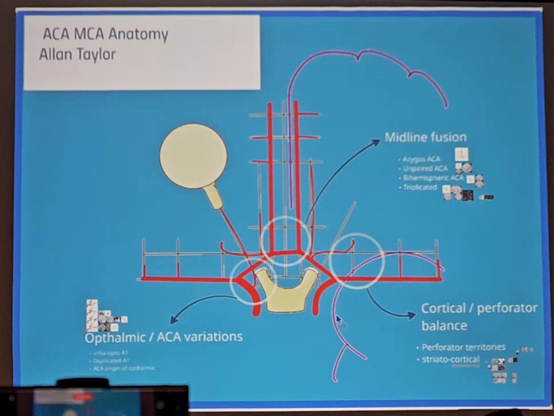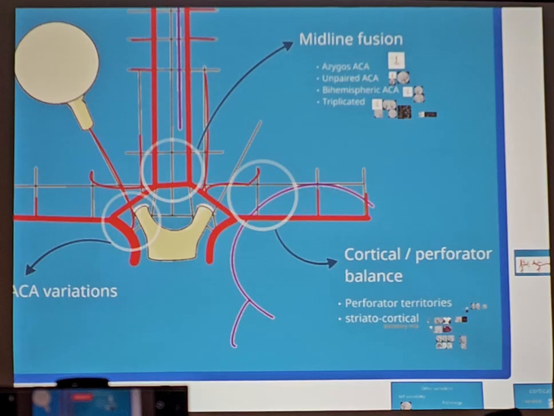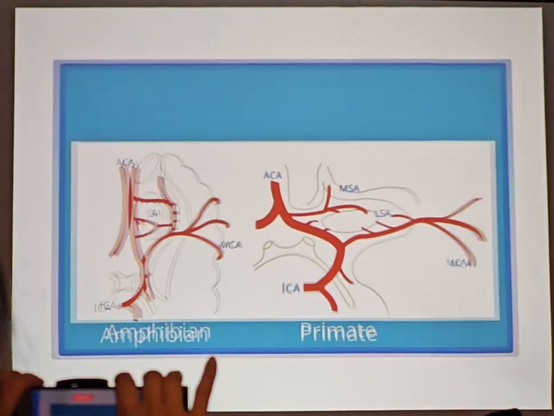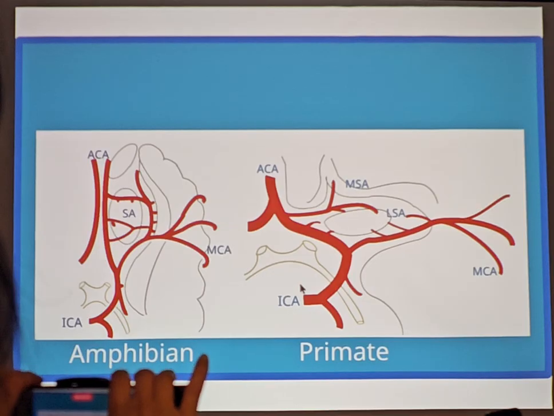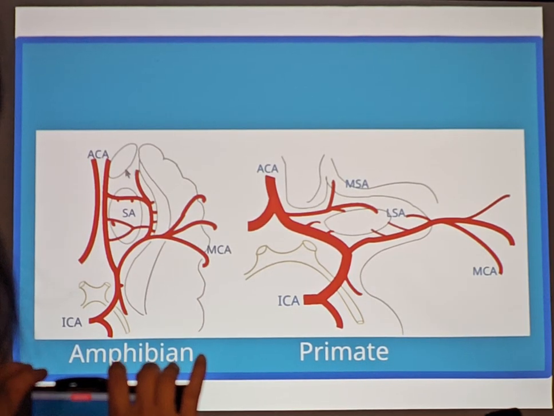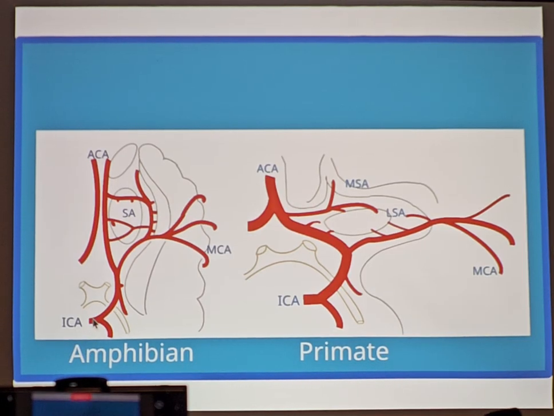So what about the middle cerebral artery variations? The first thing is we have different perforated territories that we need to talk about. Let's start with the development of the striate perforators. This is what the striate perforator supply looks like in the amphibian. We have the carotid artery, caudal division, and the cranial division comes up, continues in the anterior cerebral artery, which gives off